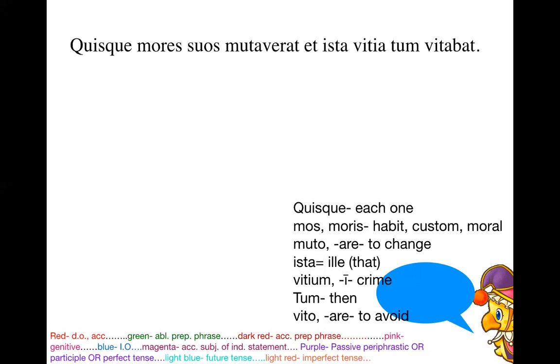Quisque is a word that doesn't show up too much. It means each one. So each one, and then something about habits. That's a word that y'all got just before the great Latin acceleration of 2020 that we experienced 3 weeks ago. So each one, something about their own habits, whether it's his own or their own. What case do you think their own habits are, Caden? Or Elena? What do you think mores suas are case-wise? With each one's probably the subject, right? And then we're running right into our...